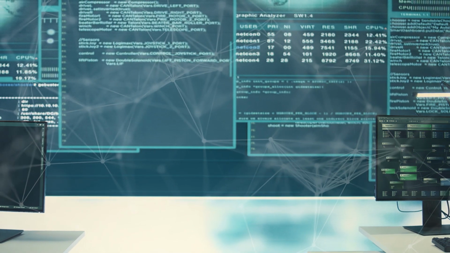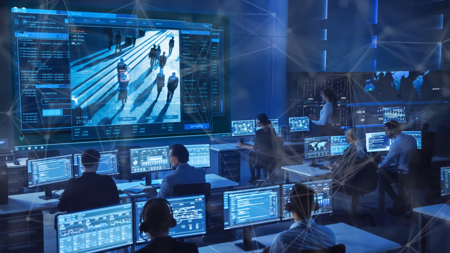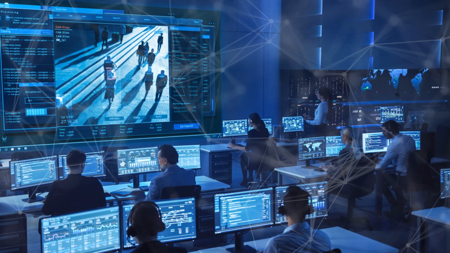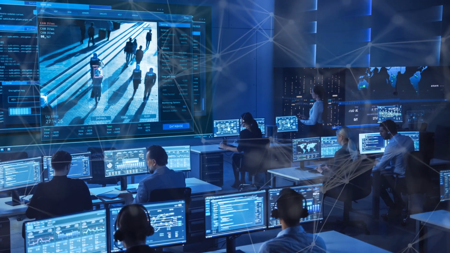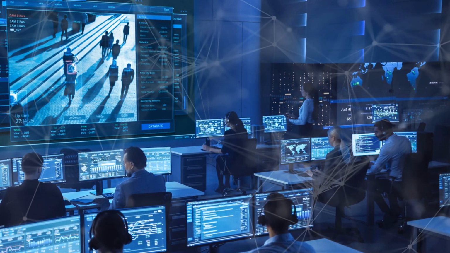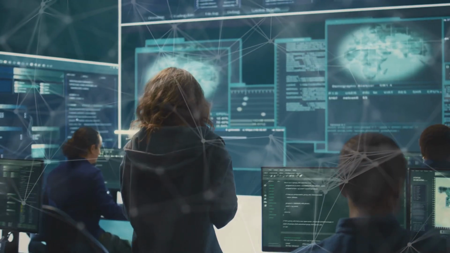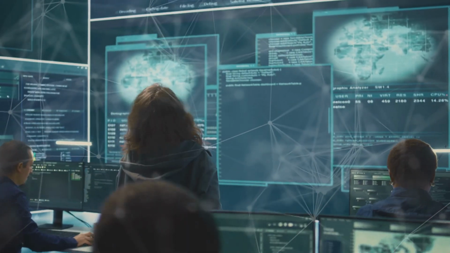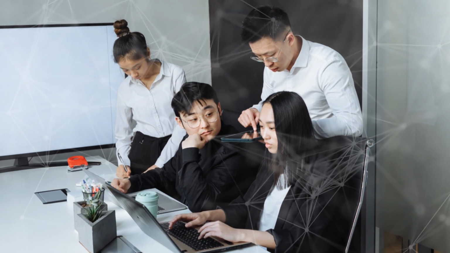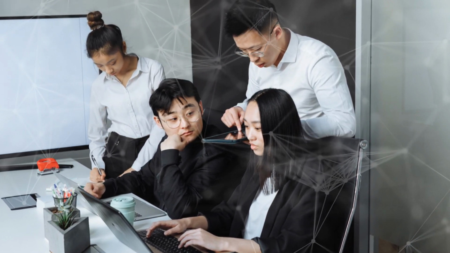Robust security monitoring is another critical aspect of proactive defense. By continuously monitoring networks, systems, and applications for suspicious activity, organizations can detect and respond to attacks in real time. Rapid incident response is crucial in mitigating the impact of zero-day attacks. This requires having a well-defined incident response plan in place and ensuring that all stakeholders are aware of their roles and responsibilities.